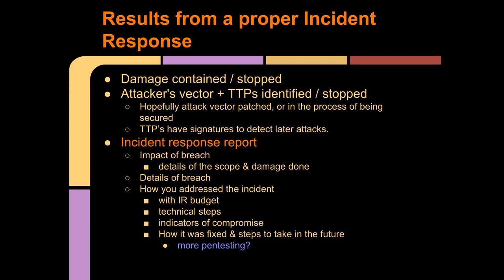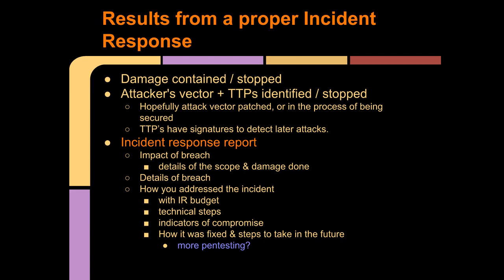You're going to have documentation on how you addressed the incident, and you should have some figures for what funds from your incident response budget went towards this incident, what technical steps you chose. The IR budget is going to cover the personnel, the overtime, contractors you brought in, any third-party services that you had to enlist. The report is also going to have indicators of compromise and how it was fixed,